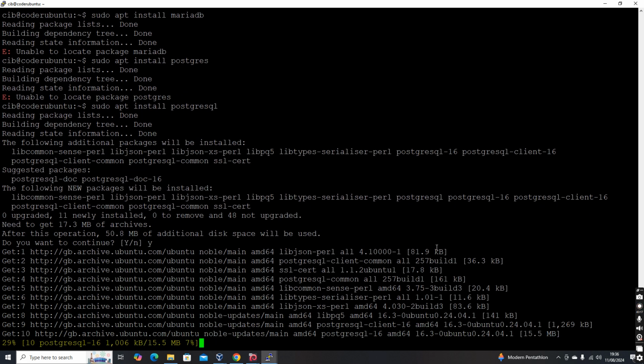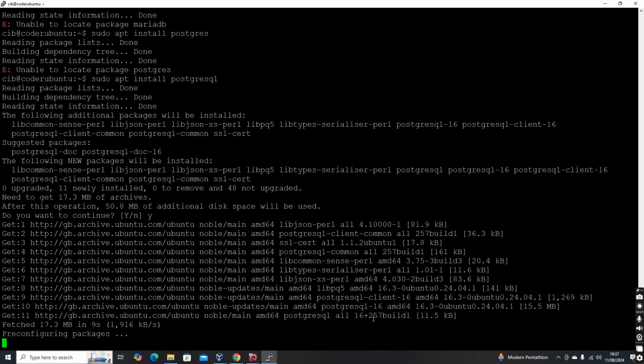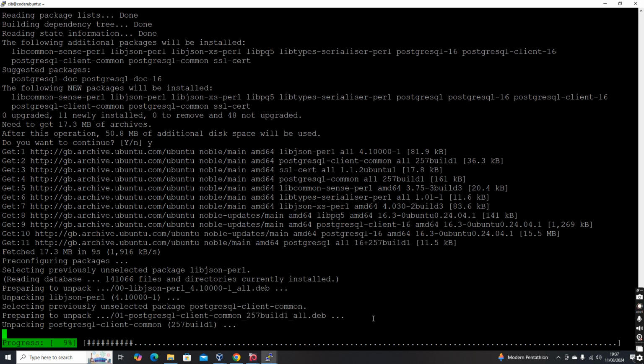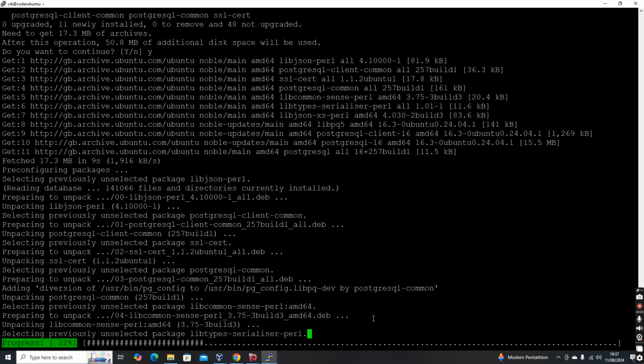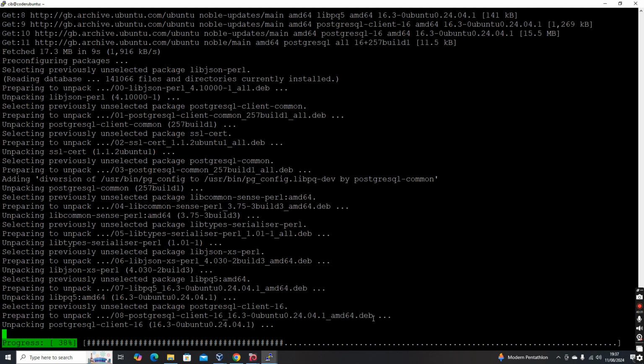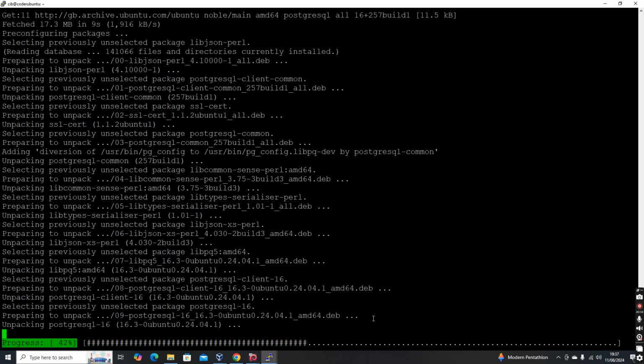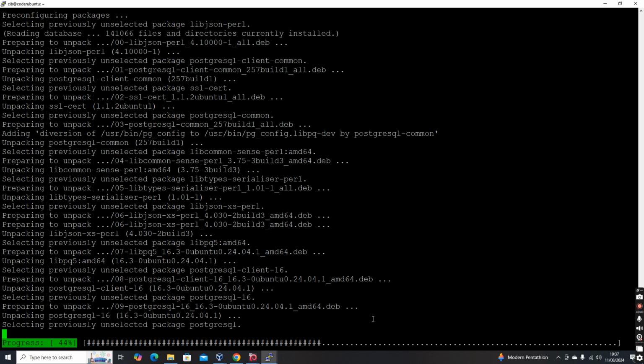It's installing the server. It takes a while to finish the installation because it's downloading the packages from the internet. It takes a few minutes.